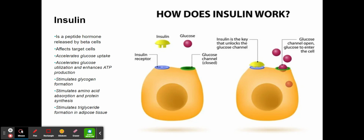Another is stimulating triglyceride formation in adipose tissue. Insulin stimulates the absorption of fatty acids and glycerol by adipocytes, which store these components as triglycerides. Adipocytes also increase their absorption of glucose, and excess glucose is used in the synthesis of additional triglycerides. So, to summarize, the pancreas secretes insulin when glucose is abundant, and the hormone stimulates glucose utilization to support growth